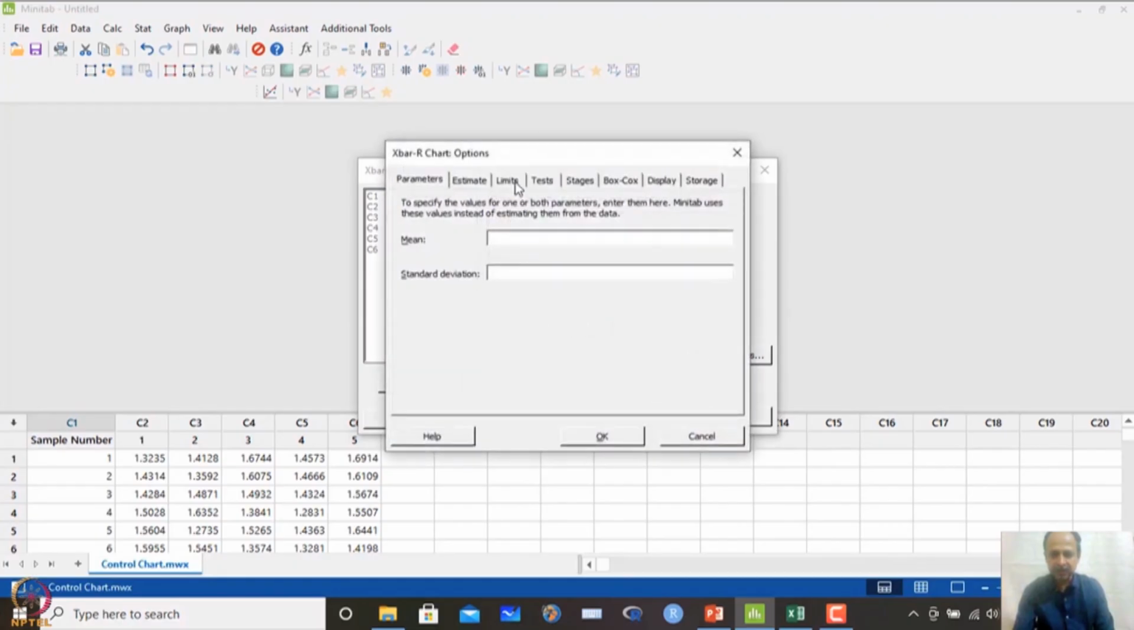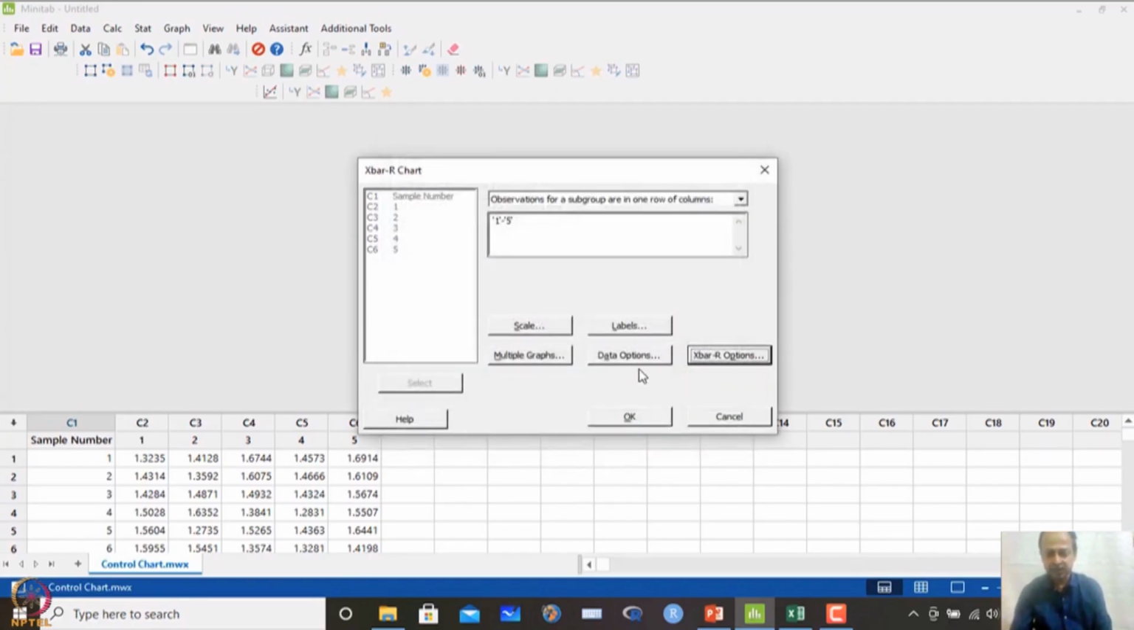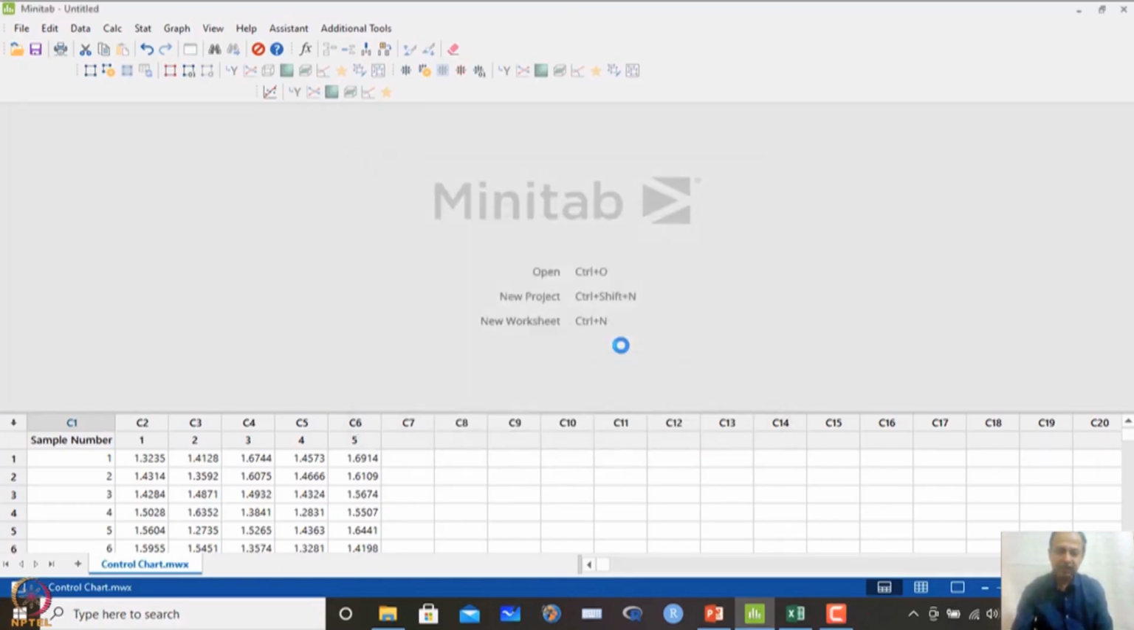In the x bar R options, we have to identify test conditions that indicate abnormal scenarios, or a special cause in the process. One point beyond k standard deviations, here k equals 3, means plus or minus 3 standard deviations is the only condition we have taken. There are 7 more conditions, but we will only use one. You can see in books there are other conditions that indicate abnormal scenarios or a special cause present in the process. I am only using one condition, any point going outside plus or minus 3 standard deviation limits. If I click OK,